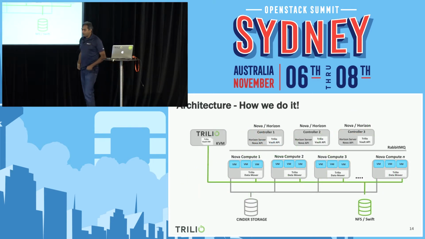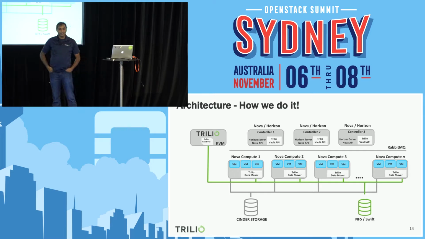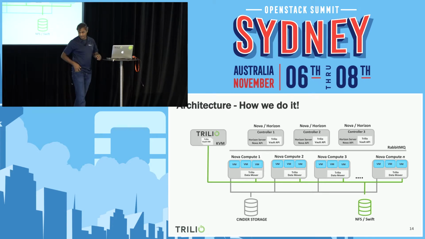So this is how our architecture looks. One of the things when you build any product for a cloud like OpenStack is the scale. So you always need to keep that in mind. We cannot design a solution that only fits a certain size, right? When you design a solution that fits one size, you always go wrong with that. It could be 10 nodes or it could be 1,000 nodes, but our solution needs to scale with the size